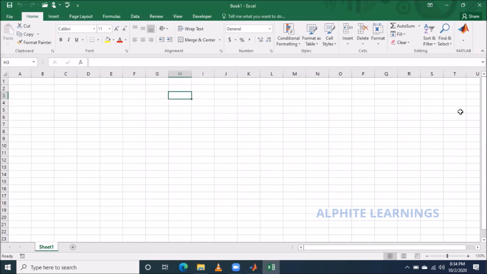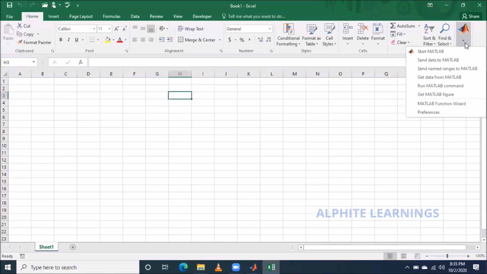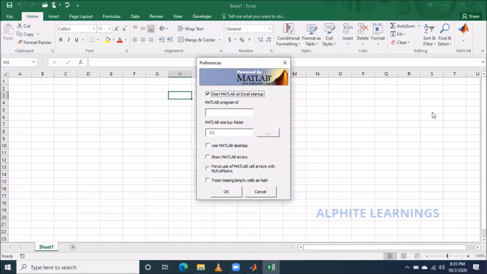so what next? I'll just introduce a small thing now. As of now, we just get to know what this is all about. In tomorrow's class, I'll be telling you briefly about that. Okay, so in MATLAB, if you have the button, you just click that and select preferences. What is this preference all about?